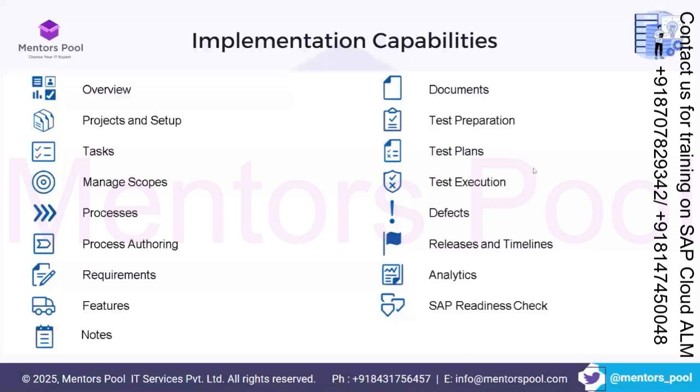As I said previously, release and timelines is one of the implementation capabilities, where you can select the timelines based on your project requirement, and based on that you can do all the work. And analytics is another part, where business stakeholders who want to monitor what implementation work is happening as part of continuous innovations and upgrades